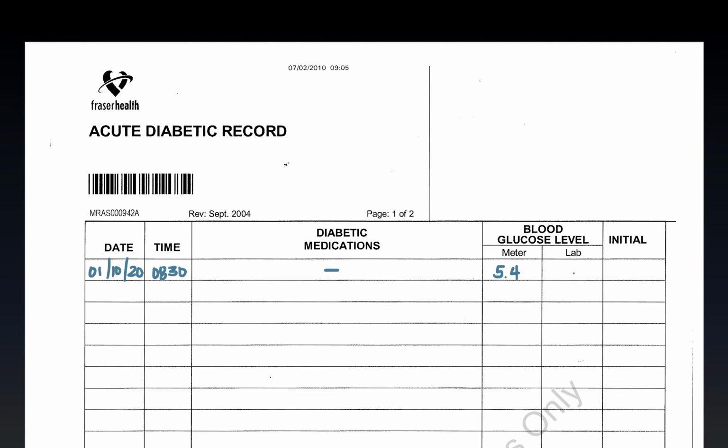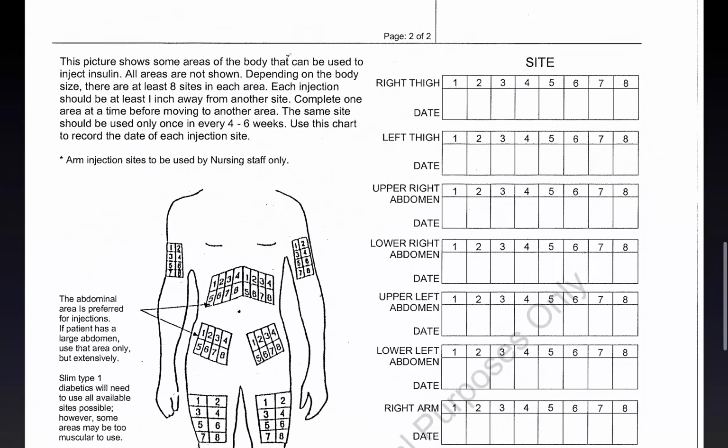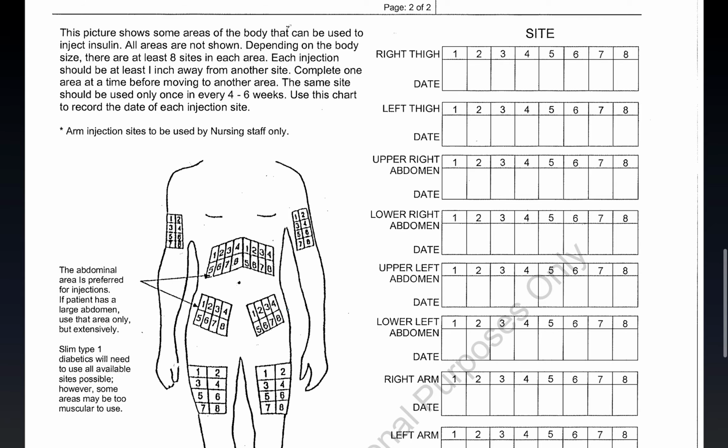The lab portion does not apply to us. This is for when the patient's blood is taken through venipuncture. So we can just go ahead and draw a line on there and write our initials, SC, SPN, for the designation. When we go to the second page, this portion here is intended for insulin injections, and therefore